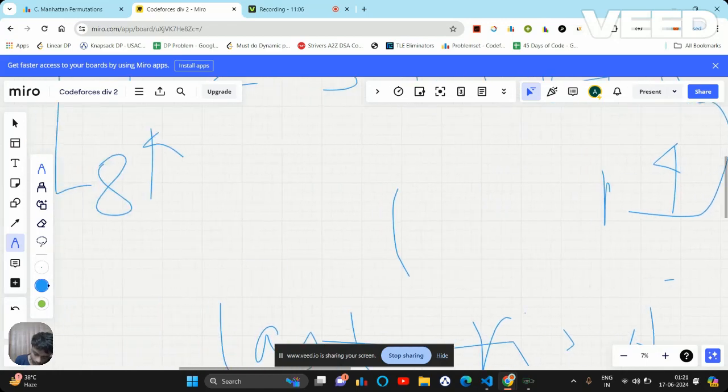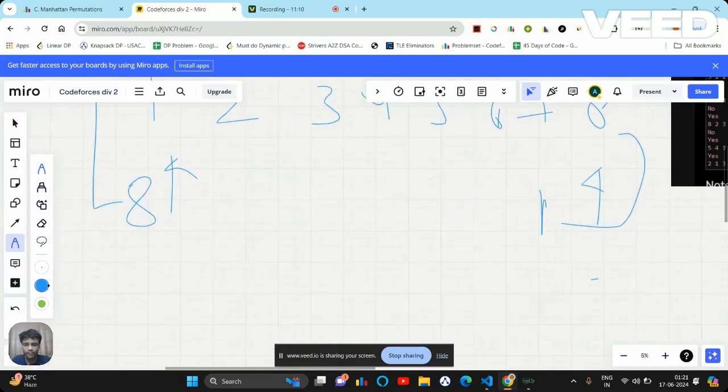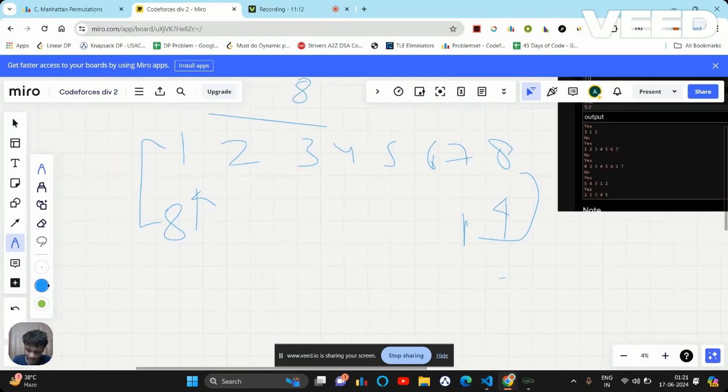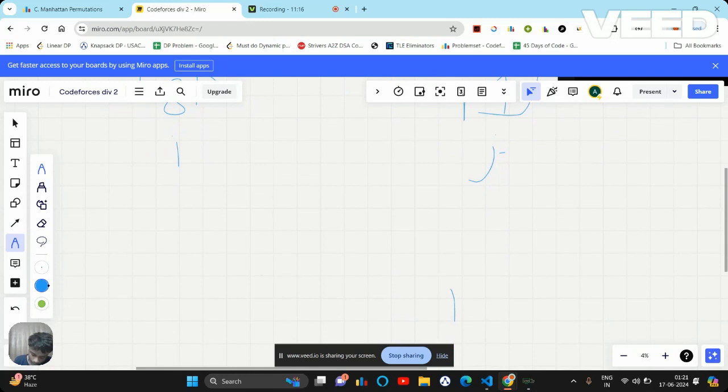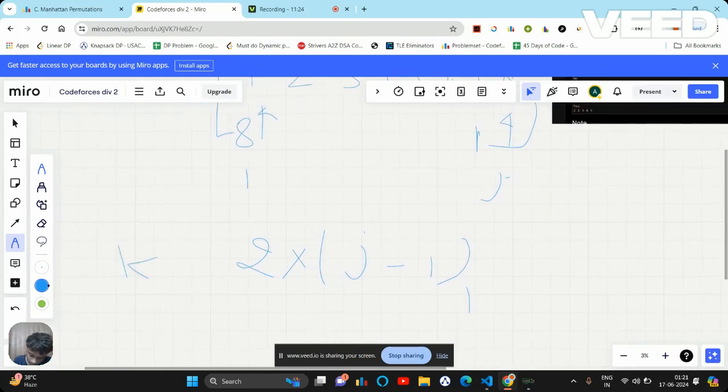Let's take i and j. i is my starting point and j is my ending point. Okay? Simply do what? 2 times j minus i. If k is greater than this value.